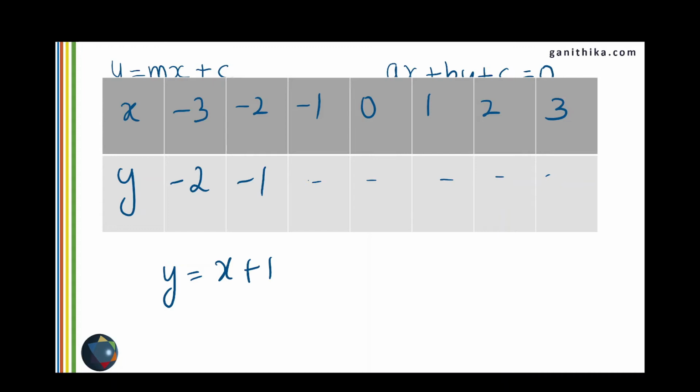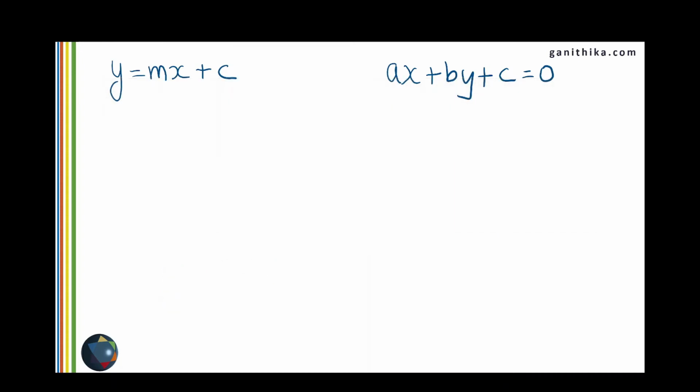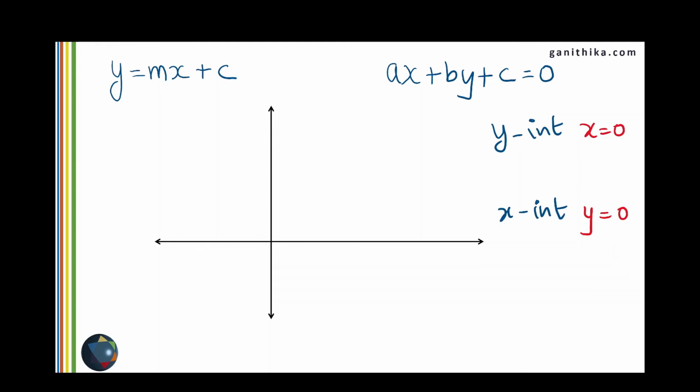Whereas we know that to make a line, just 2 points are enough. We are going to use only 2 points to draw a line. Those 2 points are going to be the most important points, which are the y-intercept when x is equal to 0 and the x-intercept, which is got by substituting y equal to 0. So if you have these 2 points, they are more than enough to make the line. If you have the axis ready and if you have found out the y-intercept and x-intercept from the equation by substituting x is equal to 0 and y equal to 0, then you can just mark them on the axis and join these 2 points.